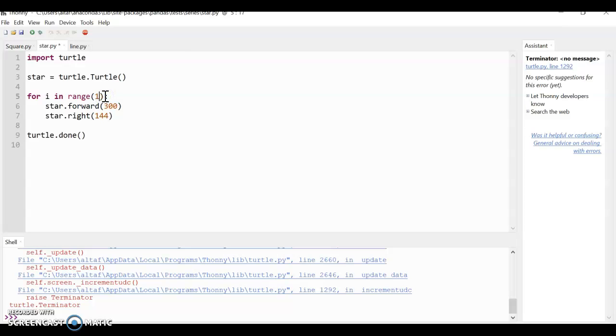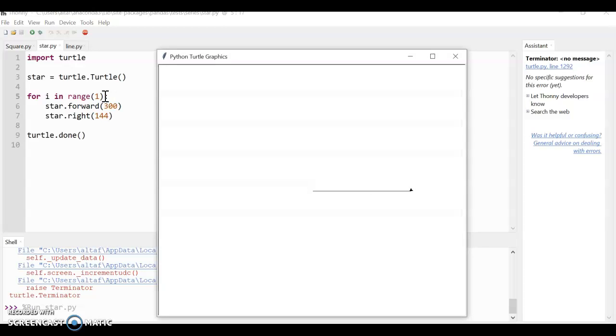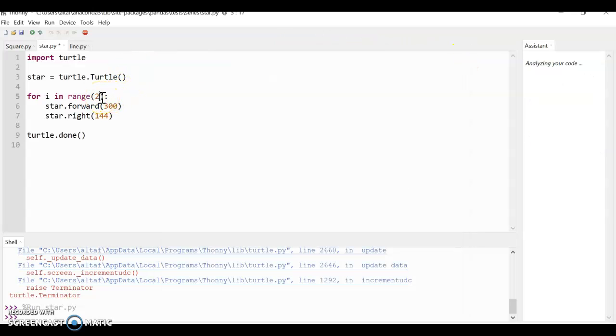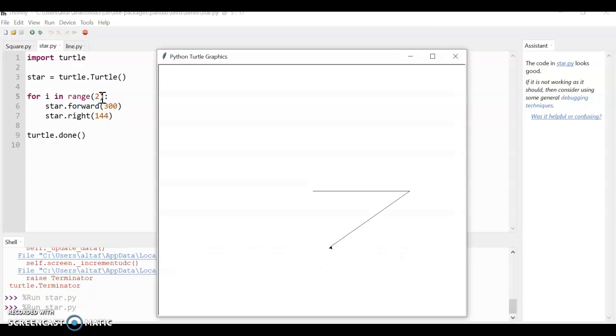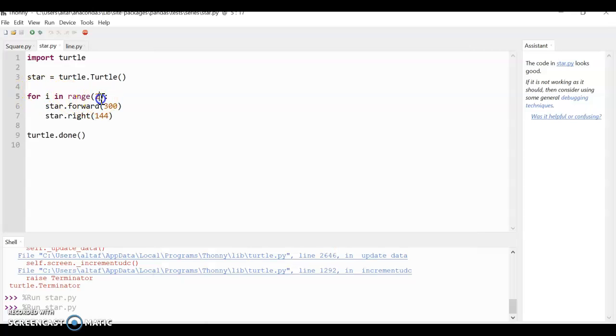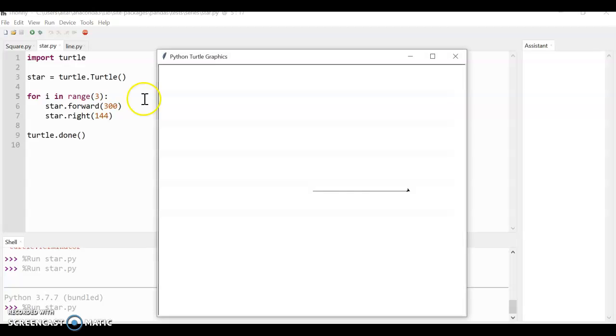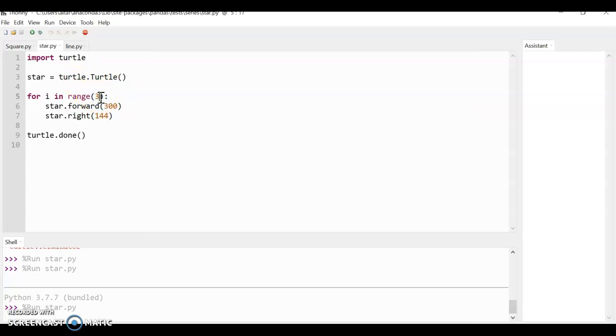For example, if I set 1 here, save it and run it, only one time it goes. When I set 2, it will draw only 2 lines. If I set 3, it will go 1, 2 and 3. Do you understand what range is here?